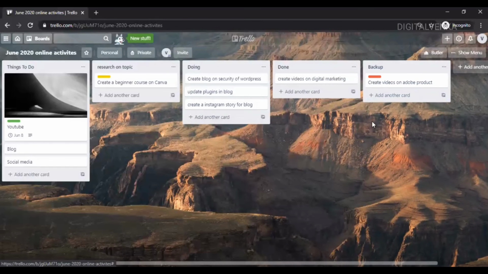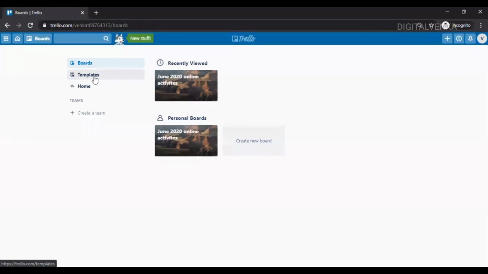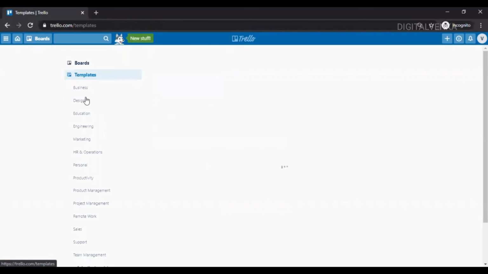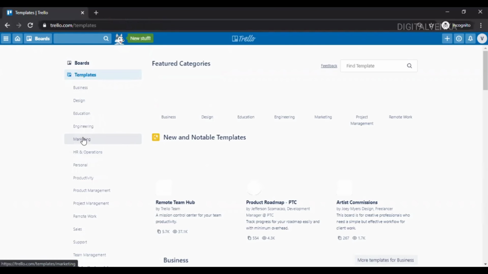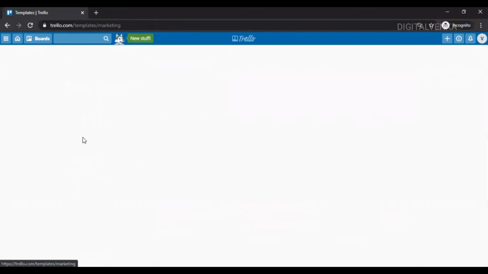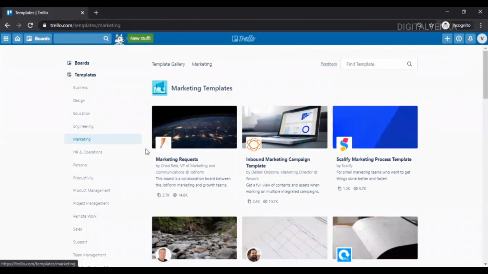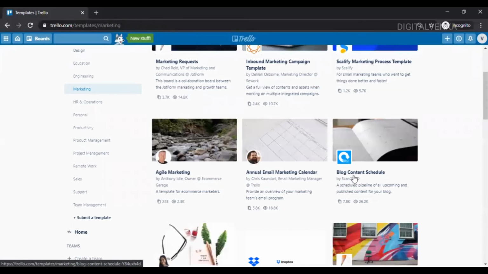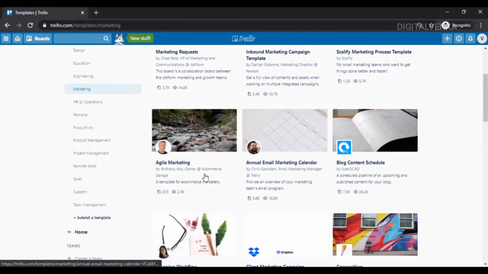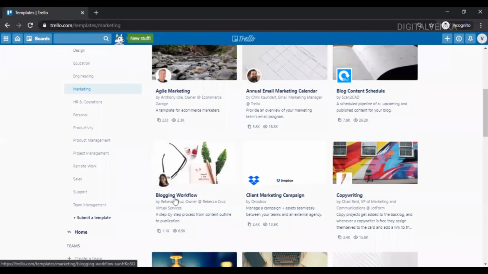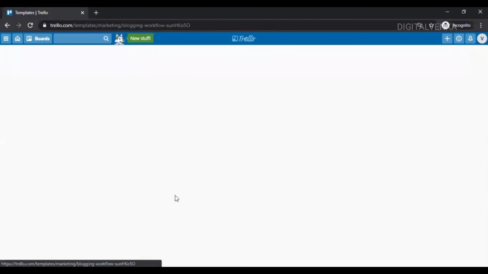Also, we can easily get templates from the template option. I've already spoken about this. If I go to templates, say I'd like a marketing template, let it load. If I go to marketing, we can see the templates currently there for marketing, already created, like inbound marketing, scarcity marketing, blog content schedule, and blog workflow. If I click it here, we can see